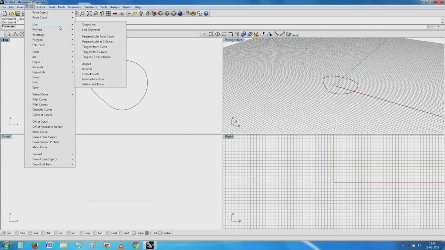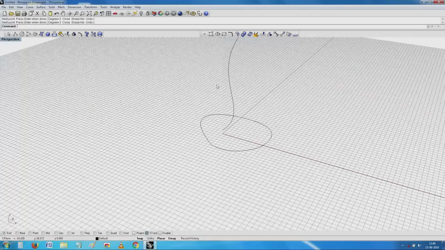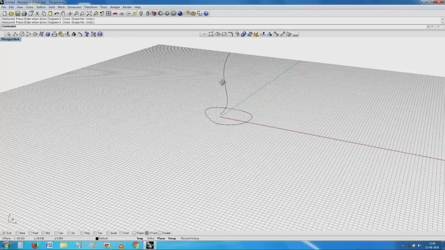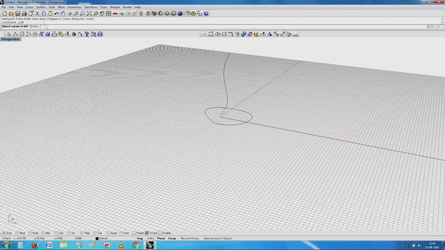free form line. See here, if you see in this view, this is probably what the final object is going to look like, and then this is a matter of actually solid modeling. As I said, you should probably